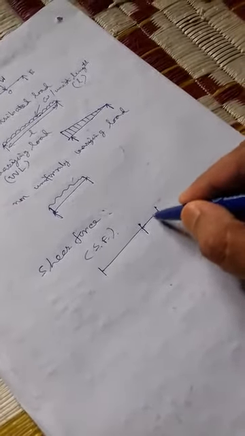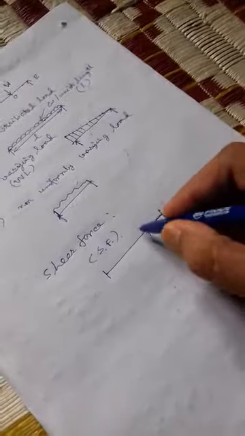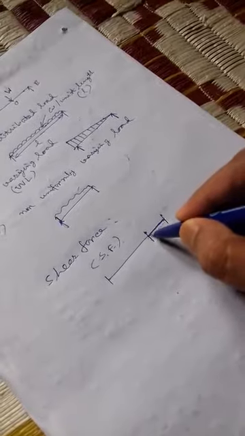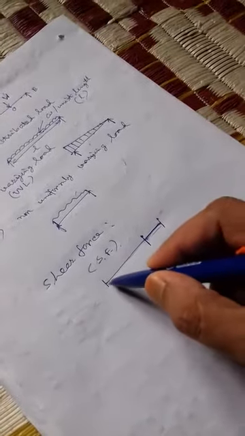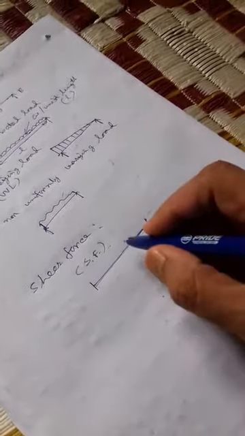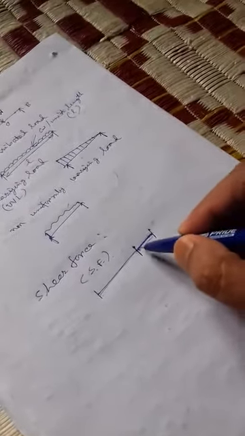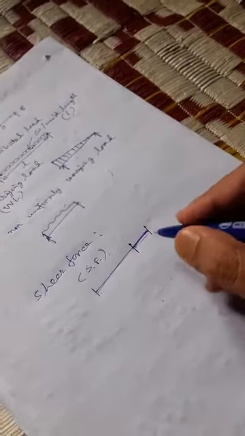If I consider the portion to the right of the cross section, this is the cross section. The resultant force of this portion will be unbalanced, because the total forces over the total length of the beam are keeping the beam in equilibrium. Therefore, if I consider a cross section, then the right portion or left portion of the beam will be unbalanced. So the shear force at the cross section of a beam is defined as the unbalanced vertical force.